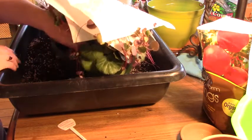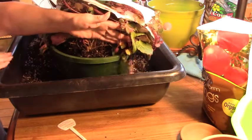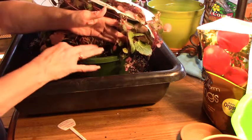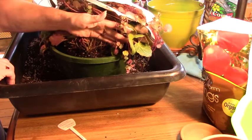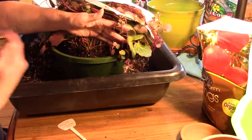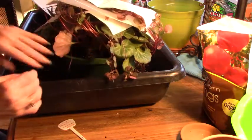There is a ton of new growth under here. I don't know if you can see that. I hope you can. And it's very root bound, very root bound. But it did come out in one solid ball, and I'm not going to mess with that. The roots are going to find their way out to the new growth. The roots are not encircled. And you know, when you come across something like that,